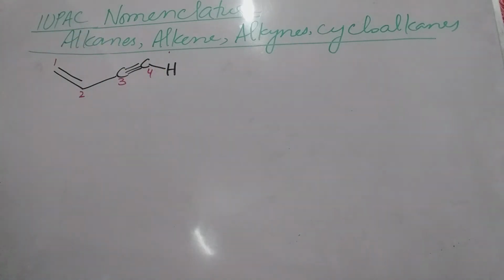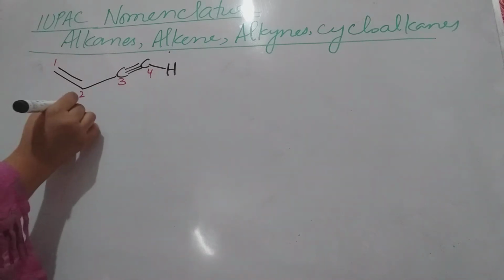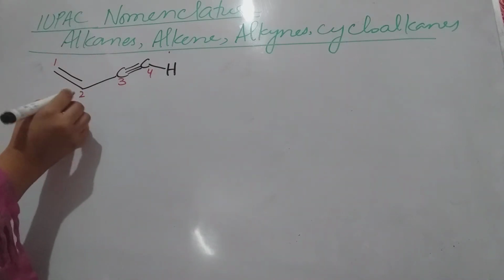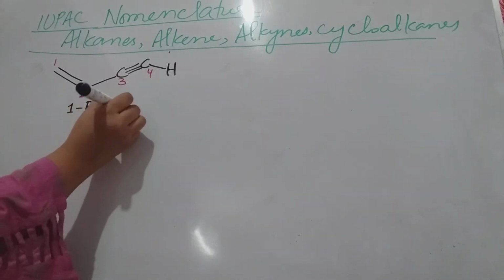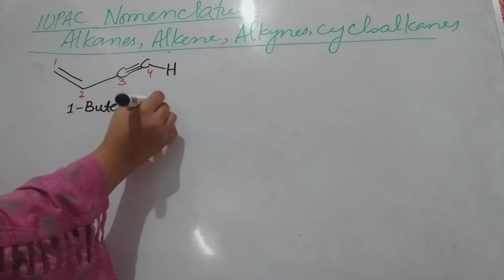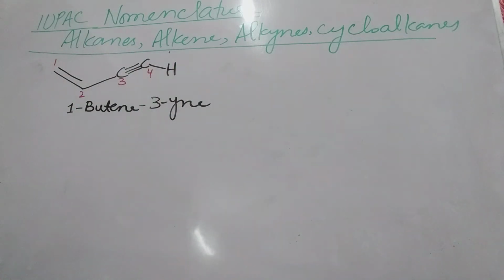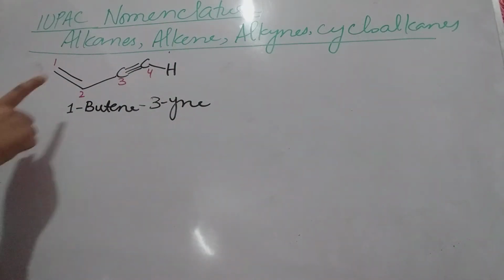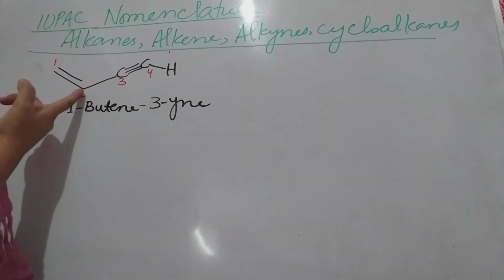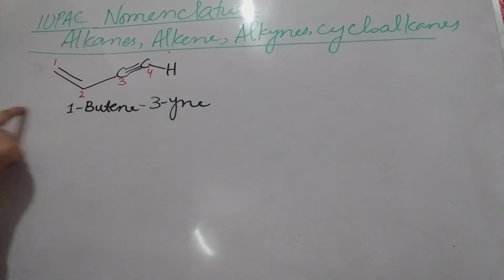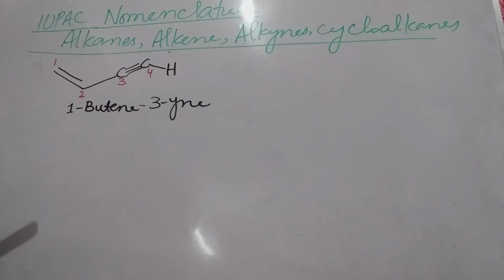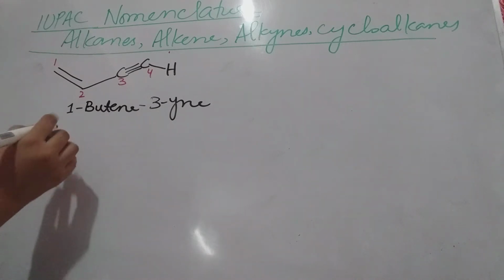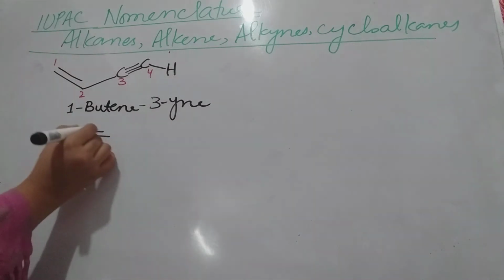Here you must give the name. You can write it like this: 1 butene, right, 3 yne, because there is no substituent in this compound. If there is a substituent at any other position, at 2 position or at 1 position, you first give the name of the substituent. Here there is no substituent, so you have written only 1 butene and 3 yne. Got it? Okay. Next example, you have this compound